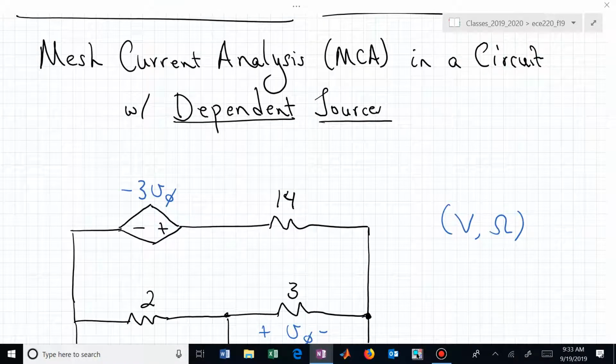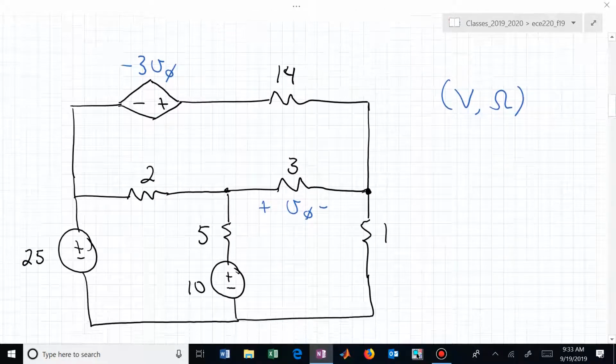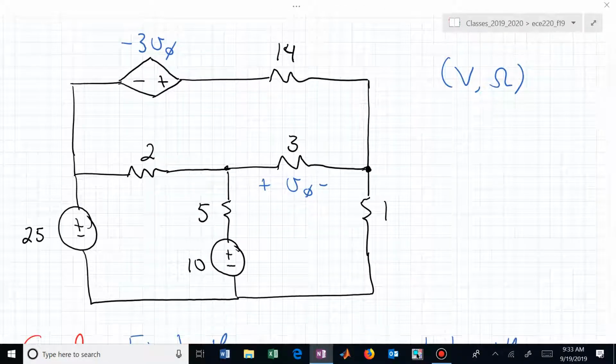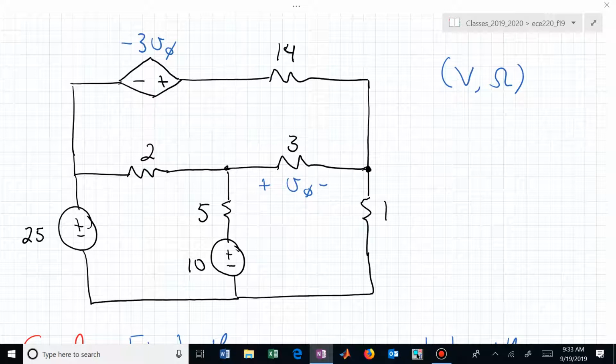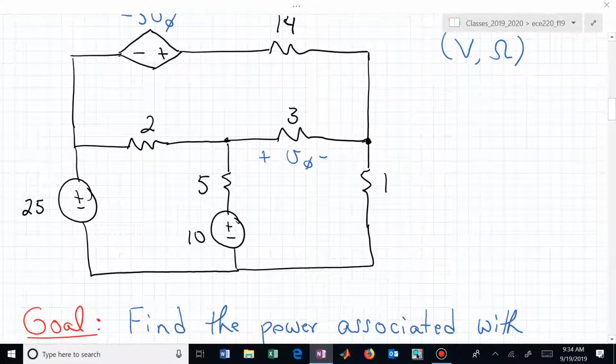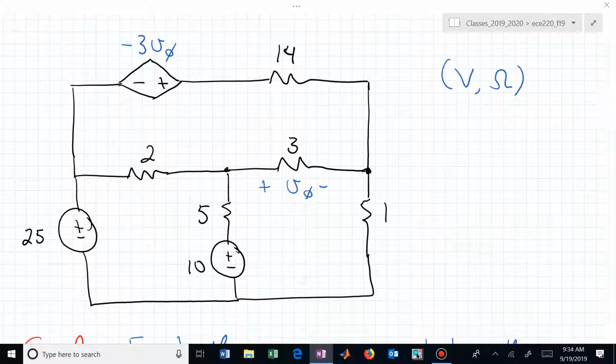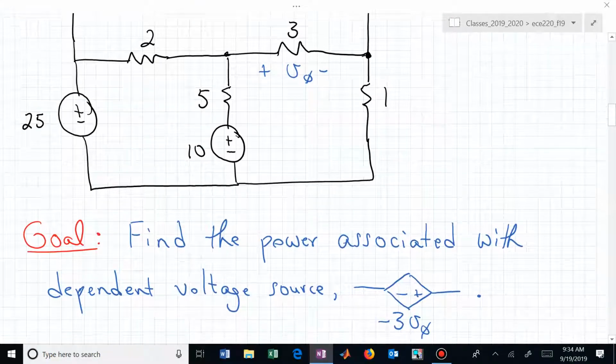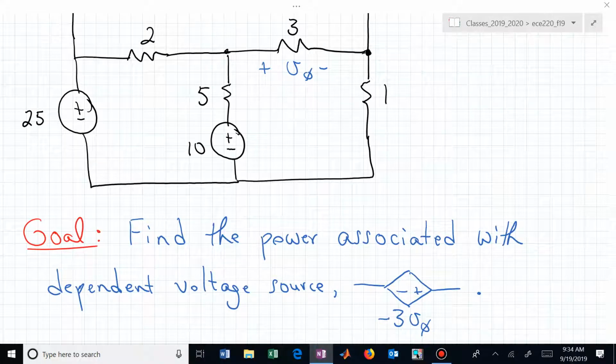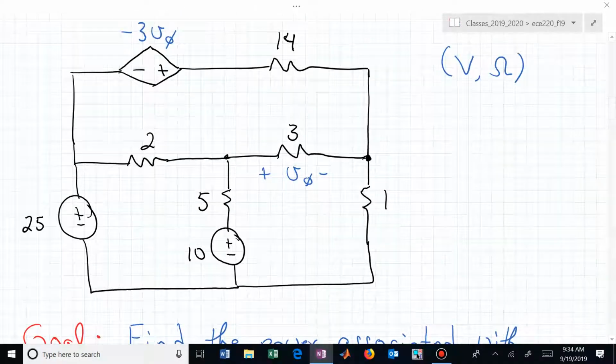Let's start then with an example using mesh current analysis, MCA, when we have a dependent source in our circuit. Here's the circuit. If it's not labeled, then the resistors have units of ohms and the voltage supplies have units of volts. And our goal in this particular circuit is to find the power associated with the dependent source. And the dependent source